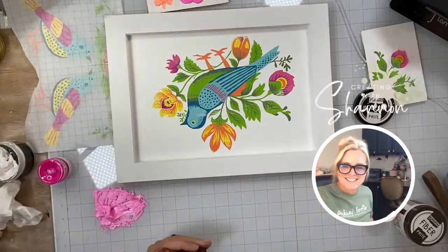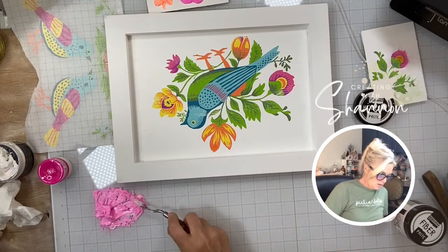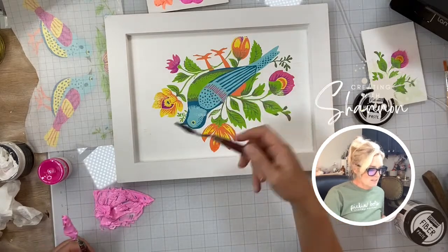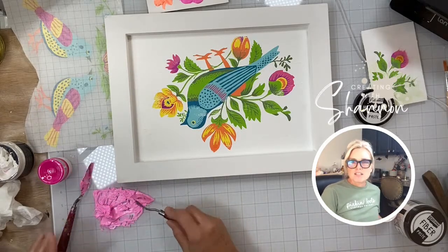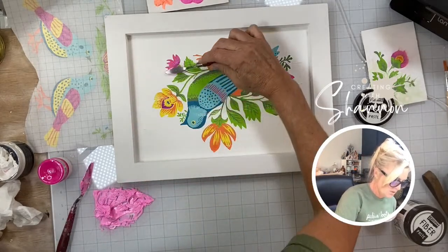Hey, Brenda. Look at the paint inlay. Isn't this awesome? All right. So maybe I should start with a smaller one. These palette knives come in all different sizes, and I'm sure they're for different flower shapes or whatever, but like I said, I'm new to this, so we're just going to go for it. So I'm just going to...